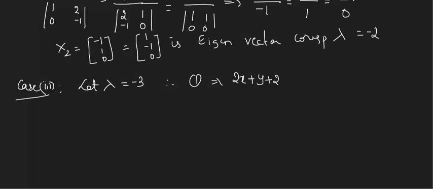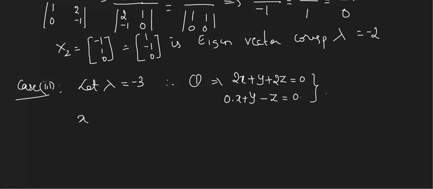Tell me what happens to equation 2. If you put lambda as -3 in equation 2, the same as equation 1, you get y minus z equal to 0. So better you write the coefficients of x so that you can easily write it. So what will you get now?